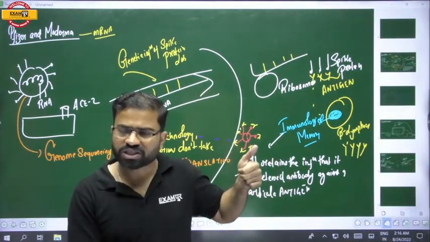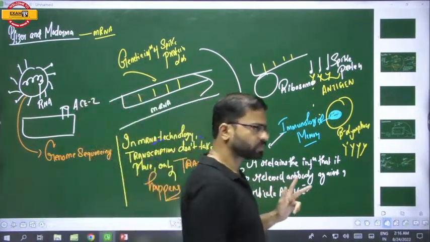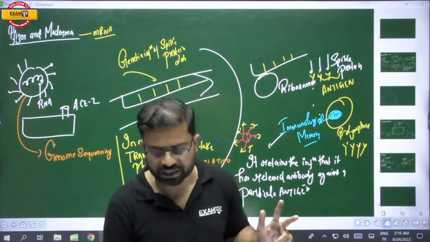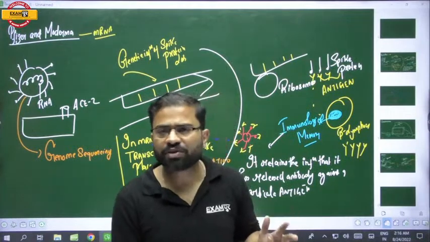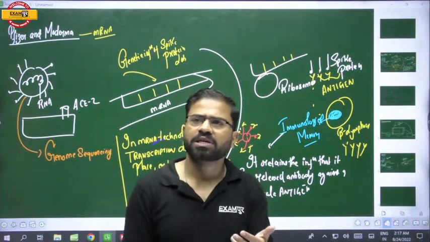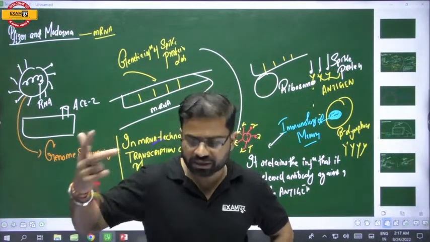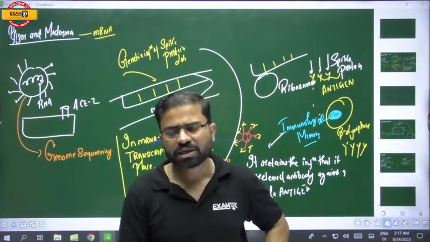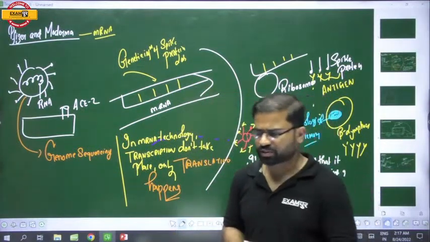So first, it is very much economical in nature, and second, the culturing of the virus is not required. Third thing you must remember: you must have seen the vaccine derived polio virus. It is a case when we are going for the live attenuated vaccine. Generally, in a live attenuated vaccine, we are using the live virus, but in a weakened form. Sometimes, out of 38 lakh, only one case happens where that virus will get mutated and become very much severe in nature. So that is called vaccine derived polio virus. It happens in a ratio of around 38 lakh to 1. That means out of 38 lakh people, only one such mutation will happen.